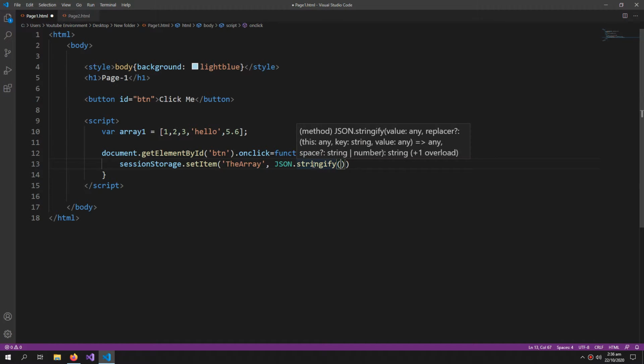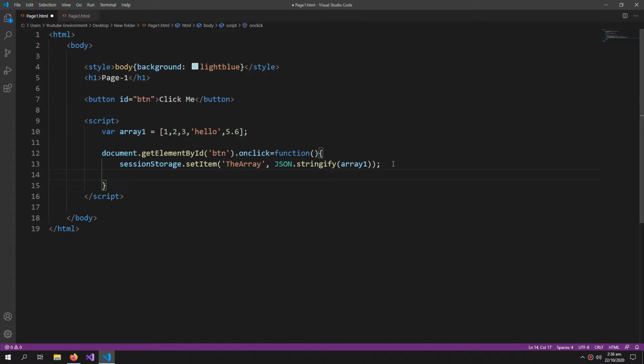So JSON.stringify and then give the name of the array. So this is the object we are passing, and this is the name of the session variable. Now let's do the transition from page 1 to page 2, and the P is gonna be capital.